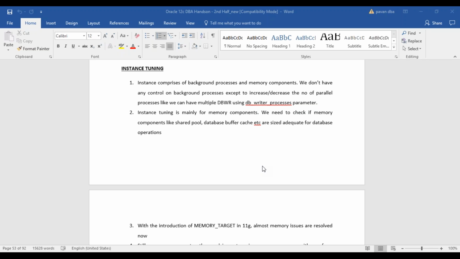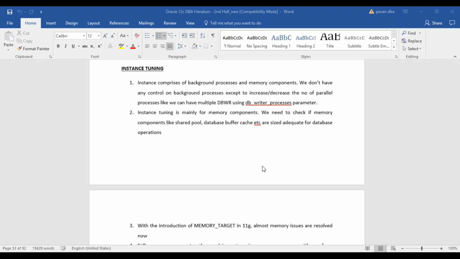Yeah. So to continue from what we left in the last class, we are in the concept of performance tuning, and we are seeing different sections of how we can tune the SQL query. In that, we have seen object tuning, then we discussed fragmentation, etc. So the point where we left off is instance tuning. So, to start with instance tuning,